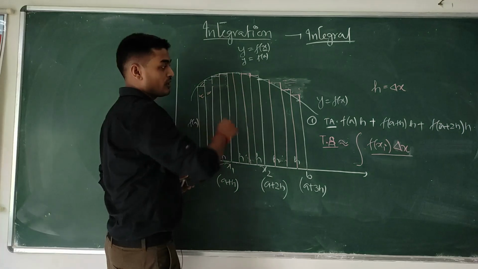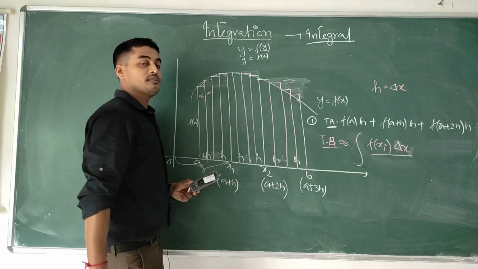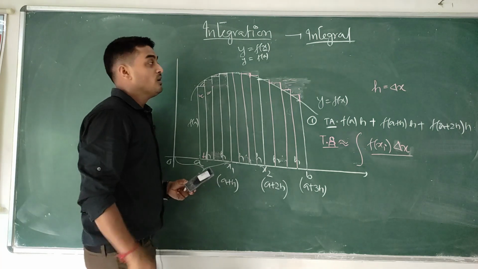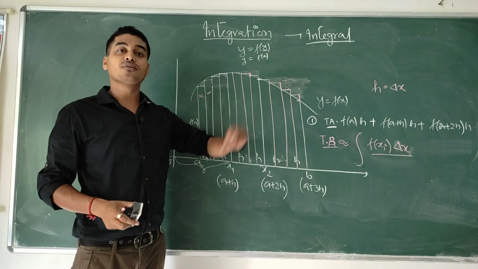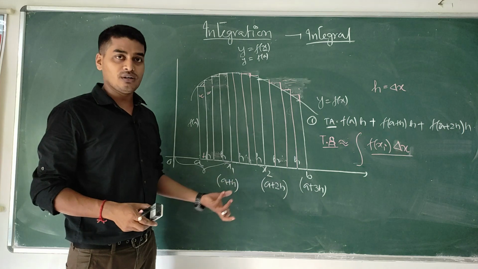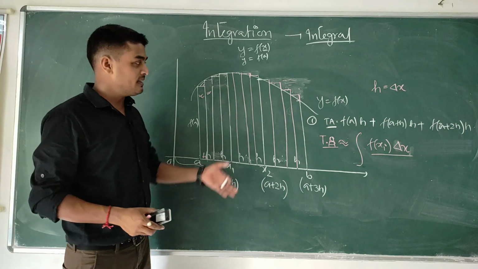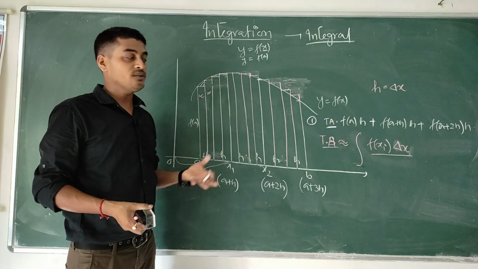We can find the area bounded by the curve. So this is a representation, a mathematical representation of integration. What do you mean by integration? Integration means nothing but finding the area bounded by any curve. It can be a regular figure or an irregular figure. Generally for a regular figure we will have the formula, but in case of an irregular figure we have to convert it